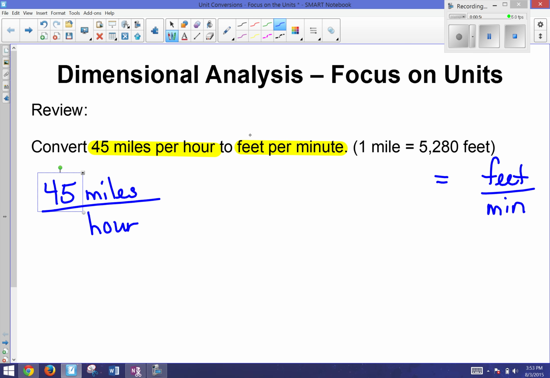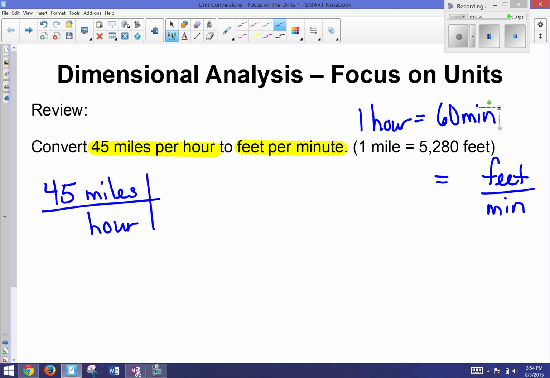So miles to feet has to be changed. We have that conversion ratio given to us, but we also need to change hours to minutes. That conversion ratio I expect you to know, but let's just go ahead and write it down. In 1 hour, there are how many minutes? Hopefully you said 60. Okay. Now, we set up our dimensional analysis ladder, starting with what we're given with our undesired units to change